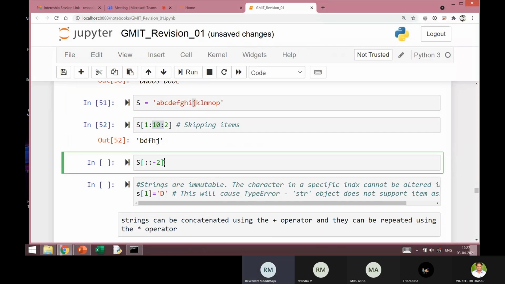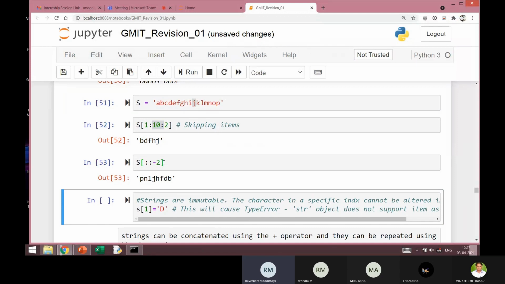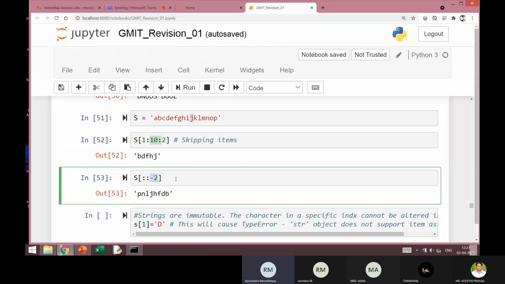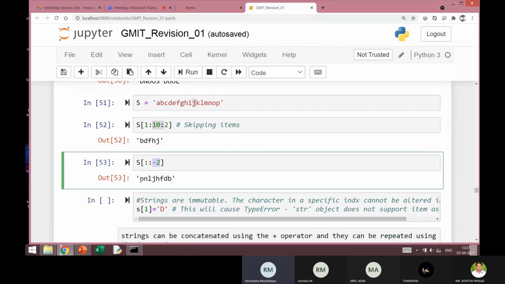What will happen in this case? Just try to see the output. This -2 means the increment is -2. That will also set the direction. Direction is from end to beginning. You can see that here the start and end are not specified, so they will be the default values.